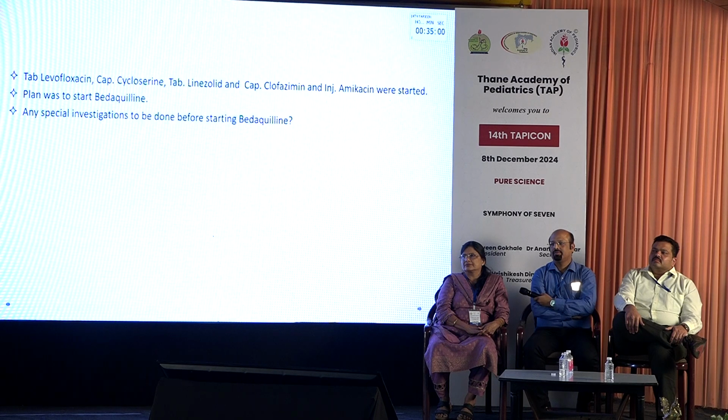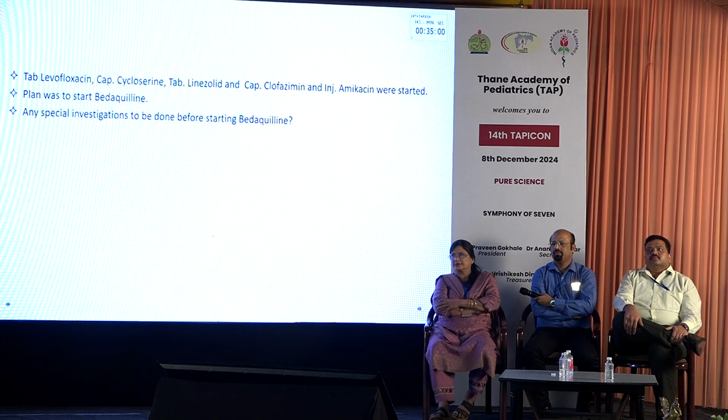Number 3, if we ever see a similar scenario in future, a child is having meningitis, and you are not able to figure out TB on clinical history, examination or by family screening, should we think about doing a CT abdomen and chest as a screening tool to figure out localization of TB? Yes, I think that's a take-home message for all of us, and let us go ahead with the case.